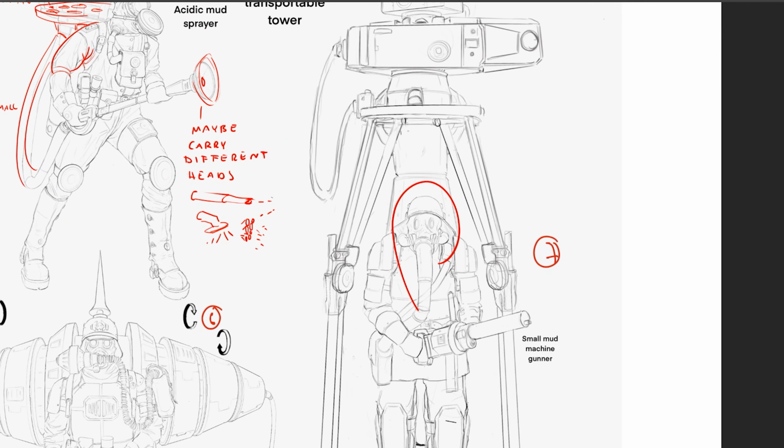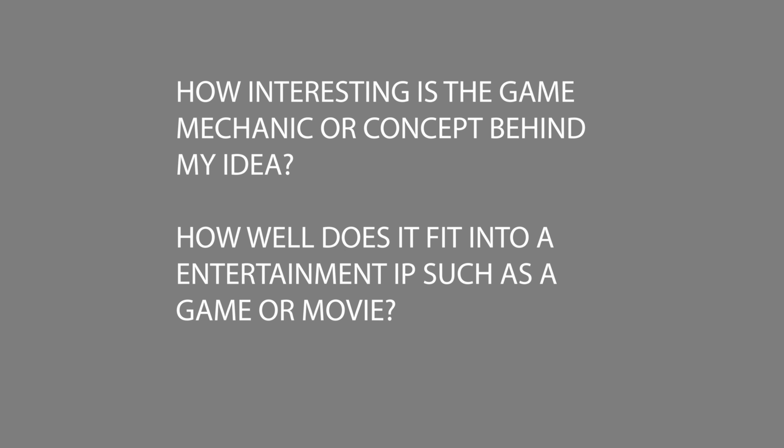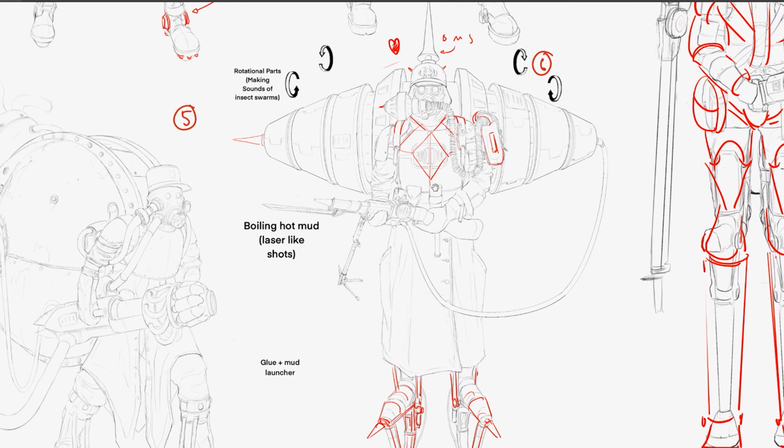First I will look at all the designs again and ask myself these questions. How unique is the idea that I display? Have I seen it somewhere in a different entertainment IP maybe? How interesting and good is the game mechanic or the concept behind my idea? And how well would it fit into an entertainment IP, such as a game or a movie? Is it a cool character type I would like to play? Or would it be cool to